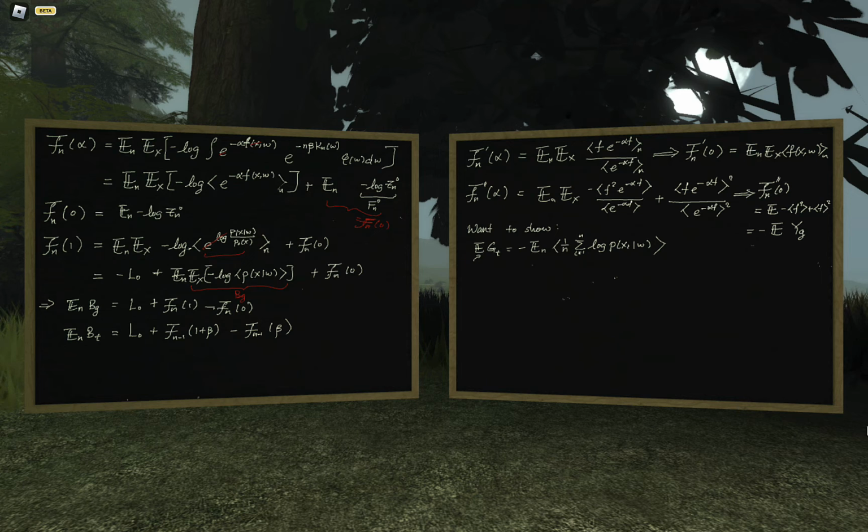So the EX drops out. This is a finite sum, so just pull it out. So you can pull out the finite sum over